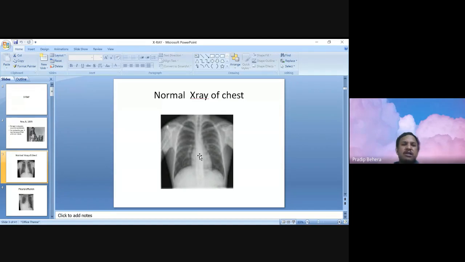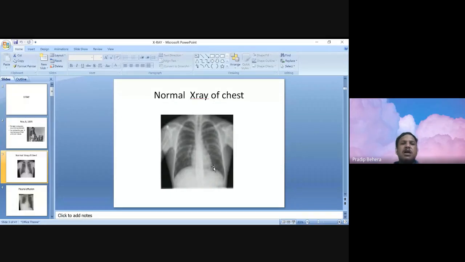So suppose, as I told you, here it is 3, and to the left it is 8, so the total becomes 11, and the maximum internal thoracic diameter becomes 20. So 11 by 20, or say 12 by 20, becomes more than 0.5, so we say it is cardiomegaly. This is how we measure the cardiothoracic ratio and define that the patient is having cardiomegaly. Cardiomegaly means definitely the patient is having some valvular lesion or a dilated cardiomyopathy. Some abnormality is there. So this is the importance.